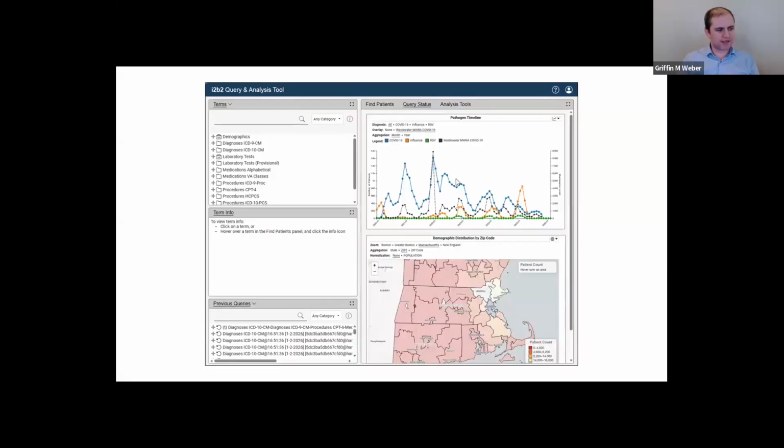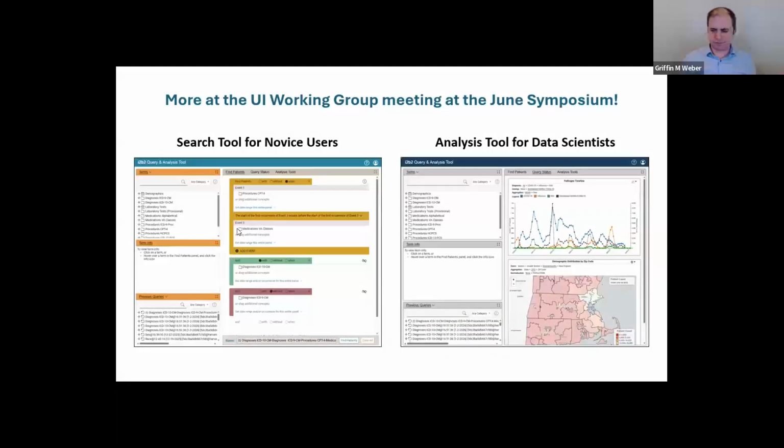This is what this would look like, adding in those visualizations I just showed in my last presentations. And you really start to see how this looks like an R or MATLAB type of interface, with the variables and information on the left, and then the bright, colorful visualizations in the modules on the right. And then, putting it all together, we go from this sort of search tool for novice users to an analysis tool for data scientists. And I don't know if colors is the right thing for this or the only thing,